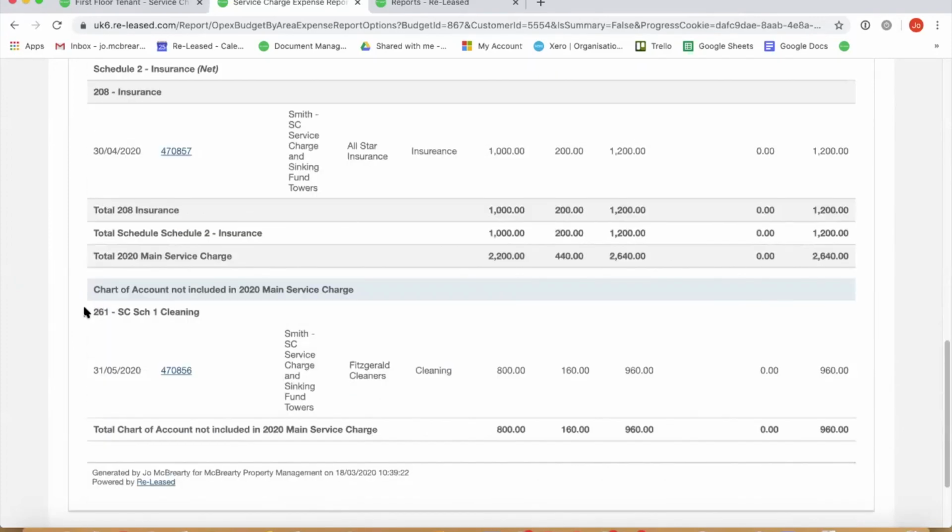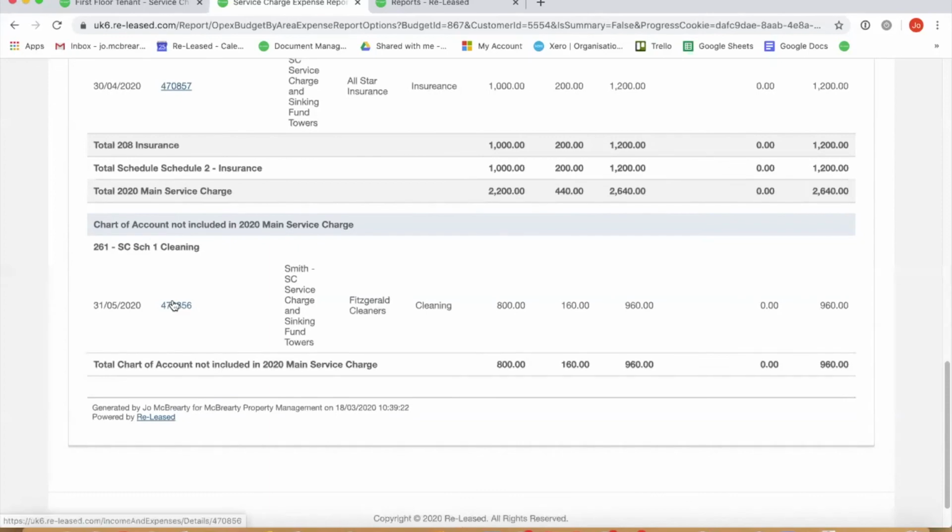Then at the bottom it's listing out any invoices that have been coded to a chart of account that aren't in this service charge. Now, this will help you pick up any miscodings of invoices. So it could be that this is a valid expense that shouldn't be included. It could just be like a client recoverable expense or something like that. If it's not, and if it is a mistake,